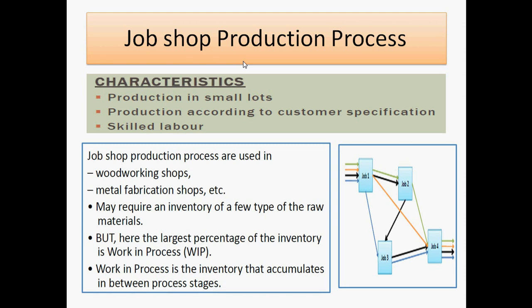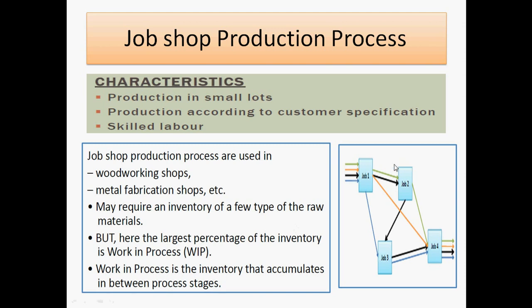So here also skilled labor is required, because the fabrication work as well as the woodworking work requires more skill, and it also follows a number of shapes like this. That is why it is important. And here we may require more inventory. You observe in a number of fabrication shops that inventory is maximum because raw material is stored over here, and according to the customer we can get the material and then form the shapes. So here is the largest inventory, that means the largest work in progress inventory. That accumulates more charges for the cost of your project.